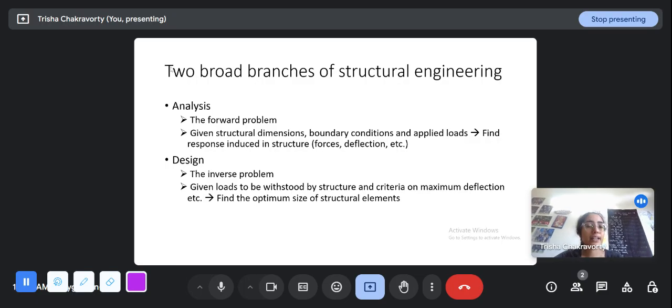Then we have to make assumptions about what structural elements we are going to use and how we are going to connect them. Then we have to analyze, seeing whatever loads are coming on the structure as a whole. After analysis, we will get to know what is the load coming on each of the elements, and then we have to see if the material and the cross section length that we have assumed is enough to withstand that or not.